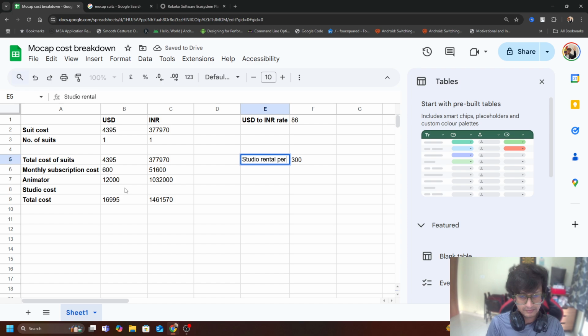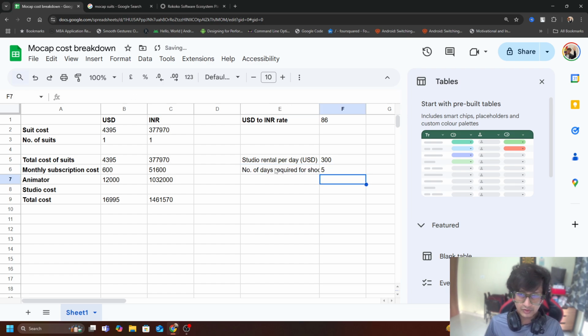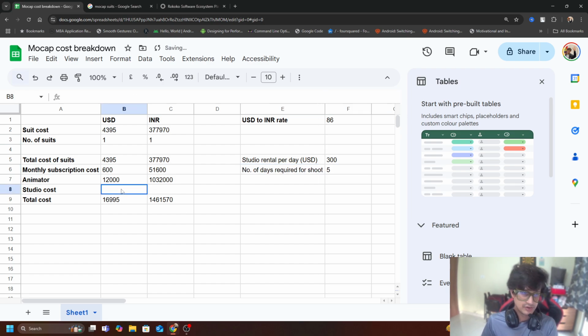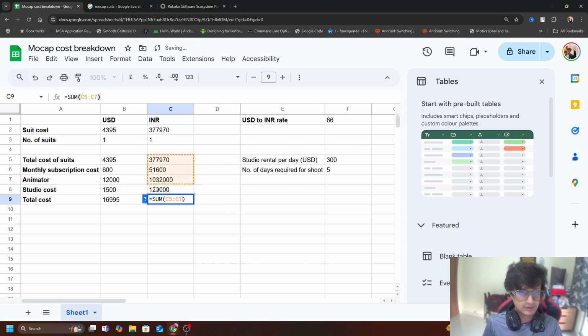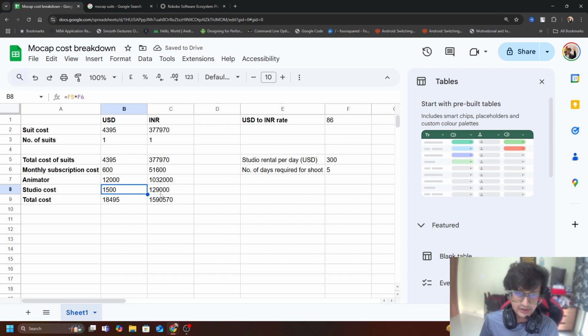Studio rental per day. Again, this is in USD, and number of days. So you are going to require maybe 5 days for that shooting, right? So this is going to be 300 multiplied by 5, correct? Now again, we will take this formula over here and we will attach it over here. So now again, we will increase our sum over here. So studio cost for 5 days, that's going to be maybe $1,500,